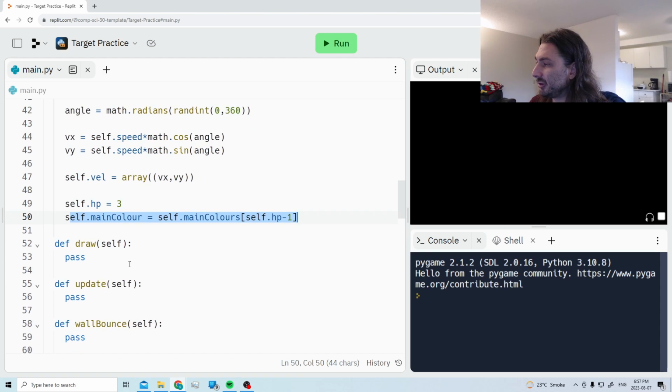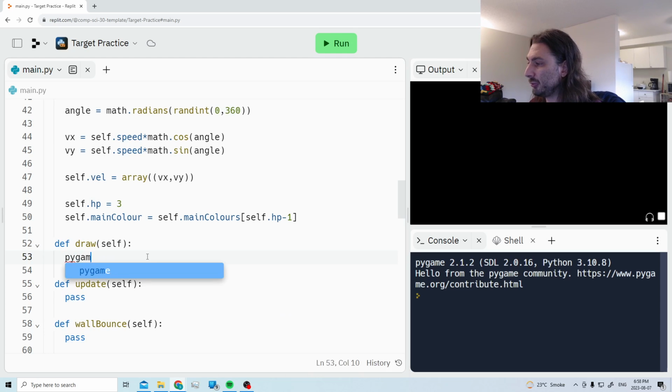I suppose next thing we should do is maybe the draw function. So this is going to be pretty simple. A target is really just going to be 3 circles. So we need to draw these circles on top of each other, and we need the biggest one to be in the back. So we're going to draw the biggest first, and then we're going to draw smaller circles inside of it. So to draw a circle, we do Pygame